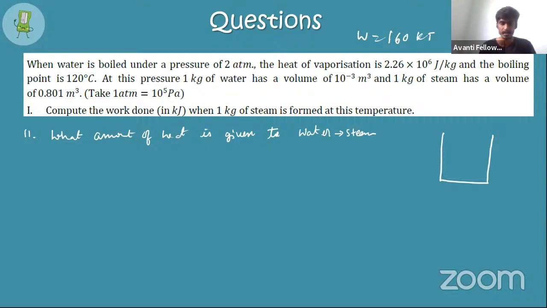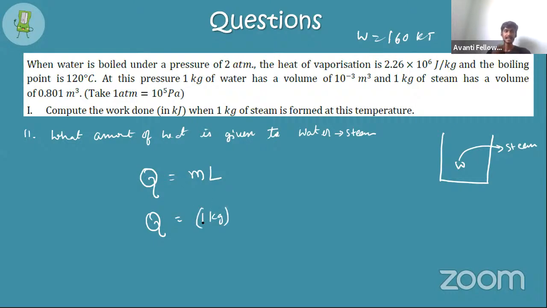So just think about how to solve this. Now we have water, but we want steam. What's happening here? There is a change of phase. Water is getting converted into steam. Whenever a phase change happens, I know that the Q for phase change is equal to mass into latent heat. What is the mass of the water? It's given as 1 kg.